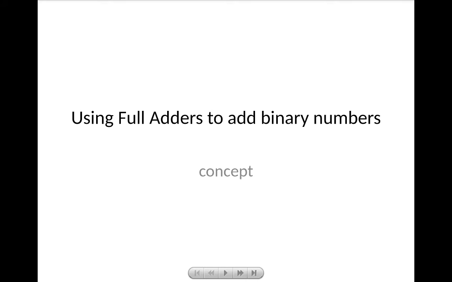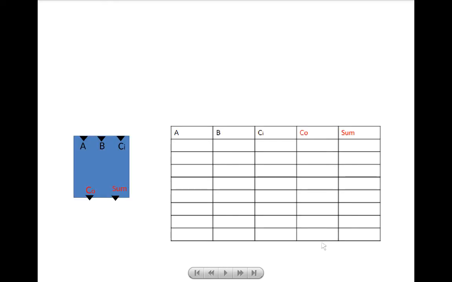How can we use the FullAdder to perform binary addition of two numbers, and these numbers can be of varying length, be it 3-bit, 4-bit, or 5 bits. But before I show you how to do it, let's first touch on the concept of a FullAdder. What does a FullAdder do? Basically, a FullAdder helps you perform the binary addition of 3 binary numbers, each being 1 bit in size. So for example, you could be trying to add